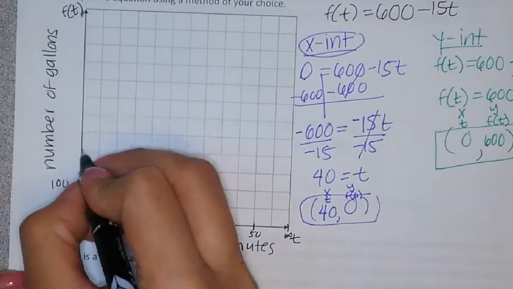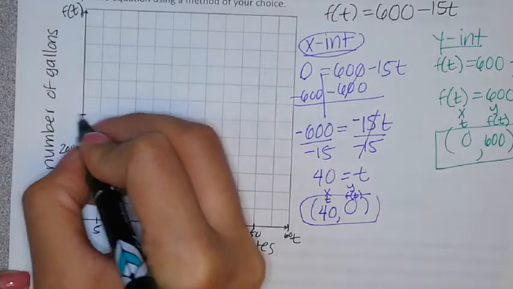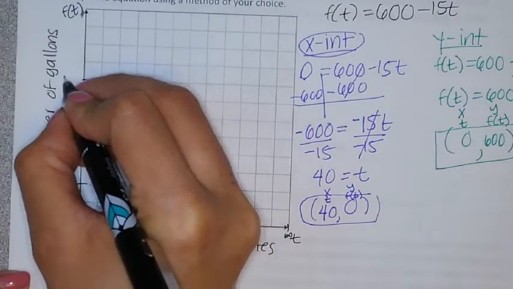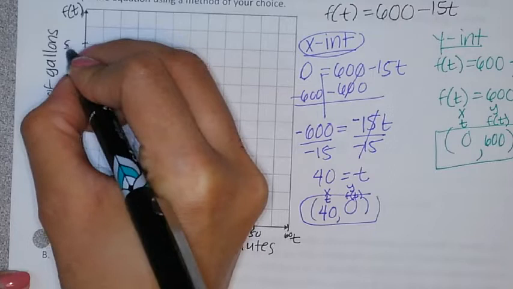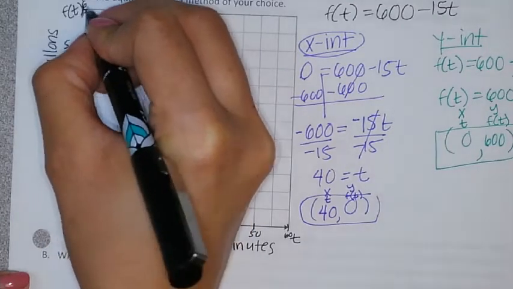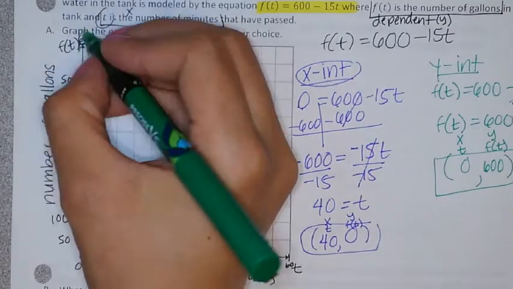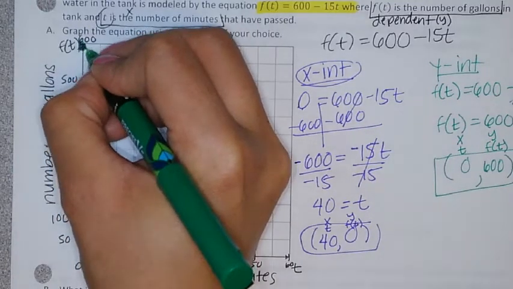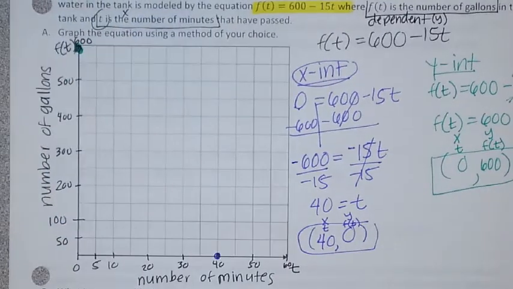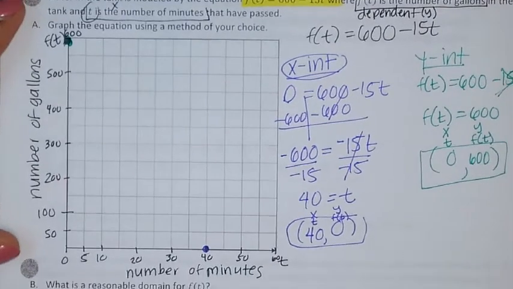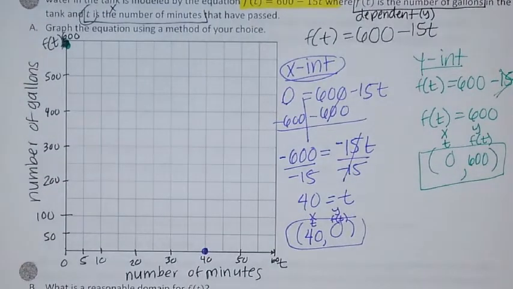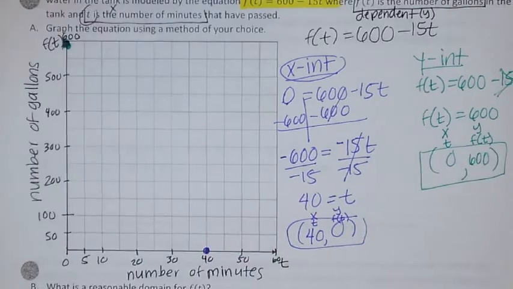50, the last one will be the 600. Okay, so here's 0, 600. This is my point right there at 0, 600. Okay, now I have to decide whether it's continuous or discrete. So I'm talking about gallons and volume, right? So the tank